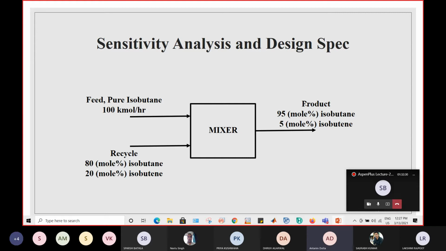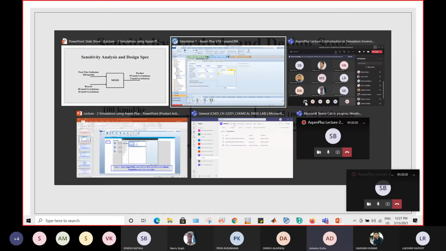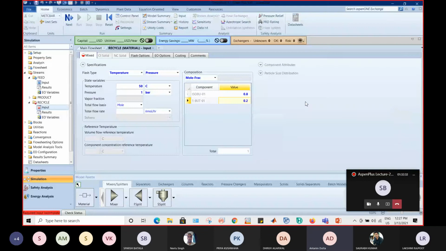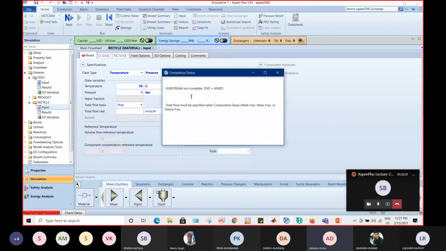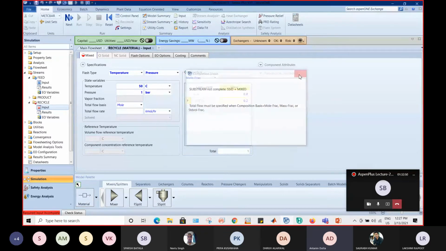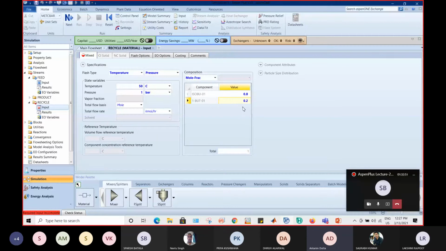In this scenario, if we hit the next button, Aspen will tell you that the substream is not complete, that total flow must be specified when the component basis is mole fraction, mass fraction, or standard volumetric fraction. That means you have to define your flow rate there.